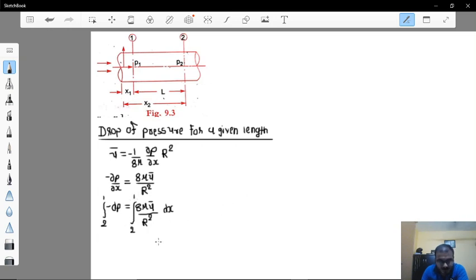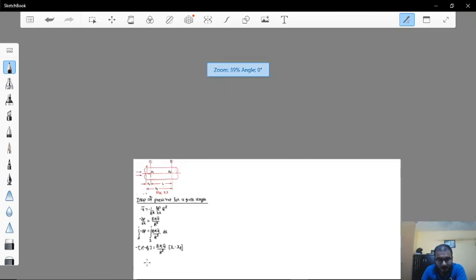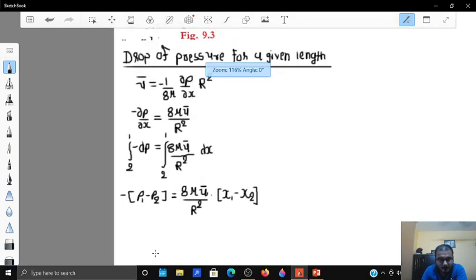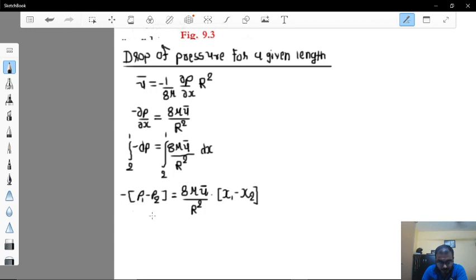So what we will be getting here is minus of p1 minus p2 is equal to 8 mu u bar divided by r square into x1 minus x2. So here p1 minus p2 is equal to 8